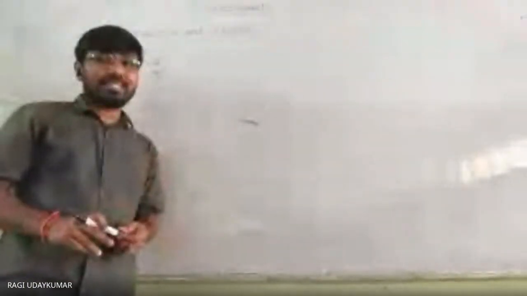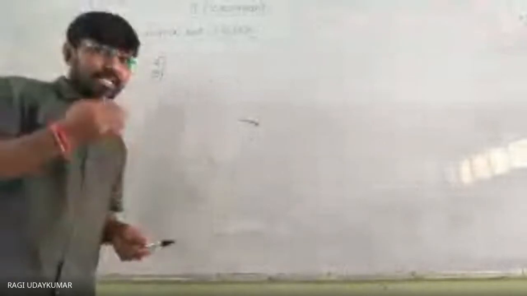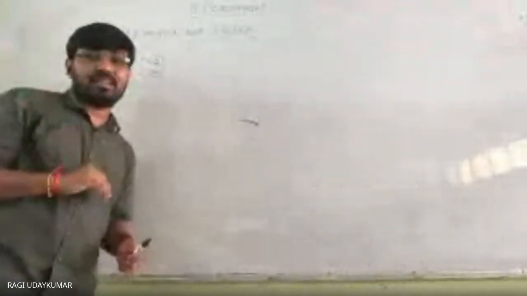It is given to you: if it exists only. When does it exist? Inverse exists for a non-singular matrix. A non-singular matrix is nothing but one whose determinant is not equal to 0. Determinant should not be equal to 0. Why? Because inverse formula में क्या होगा? Determinant denominator में होगा. 1 by 0 is undefined.